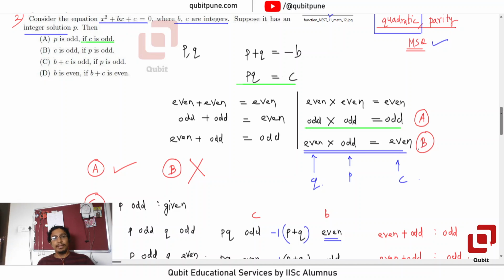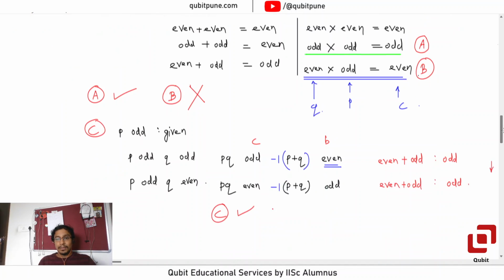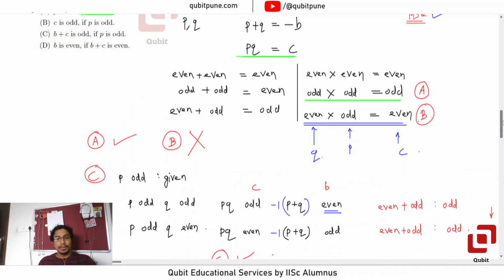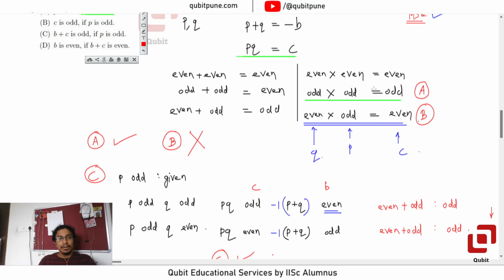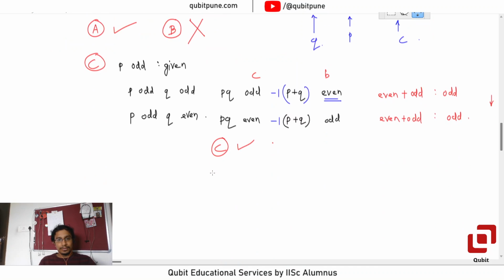B is even if B plus C is even. So B is incorrect. D is incorrect. How? Yes, sir. So because it won't be true in all the cases because B can be even if P is odd. Can you give me an example? So the case where both P and Q are odd, in that case B will be even, but as we just proved, P plus C will always be odd regardless of the sign of